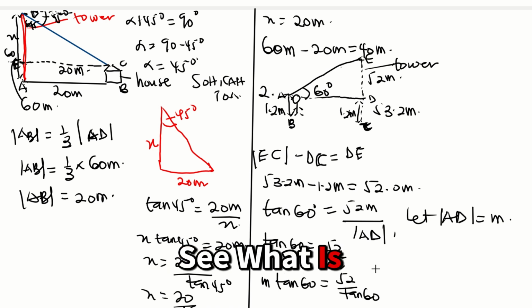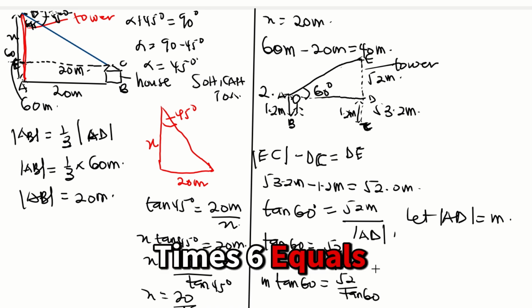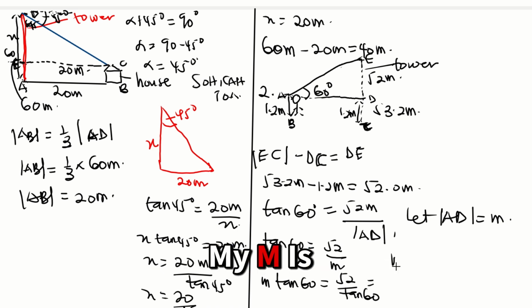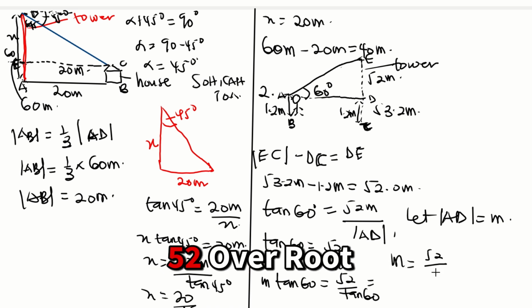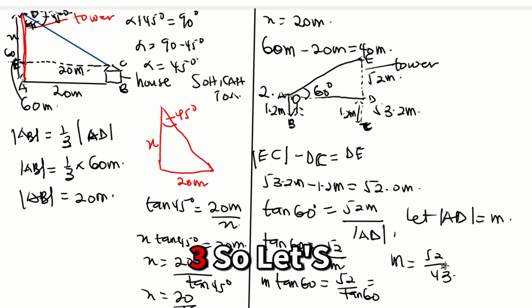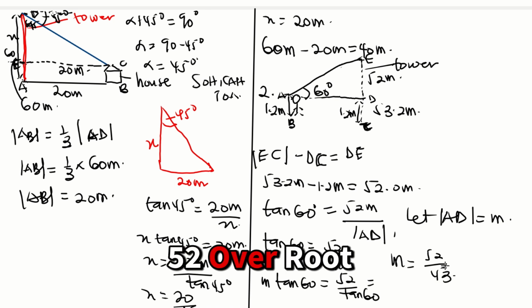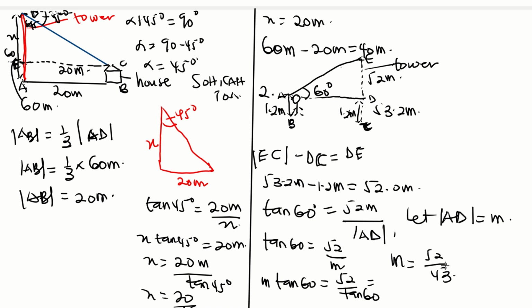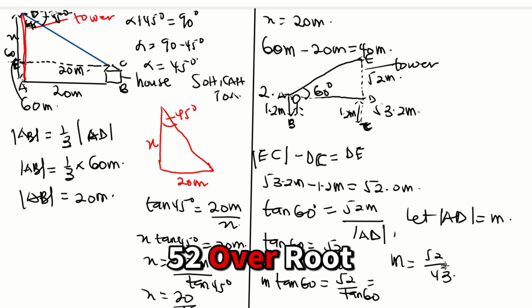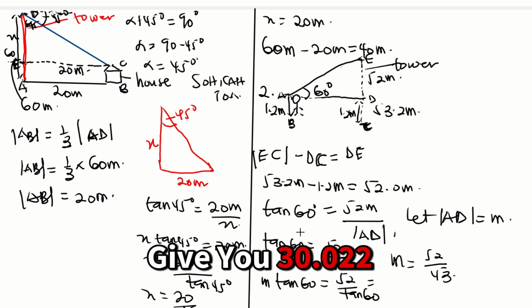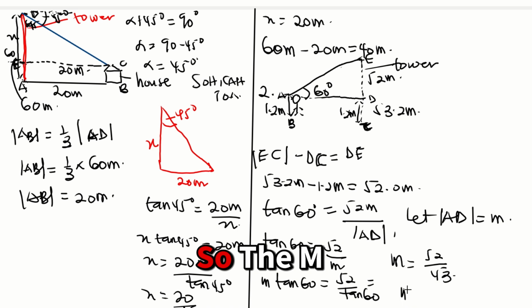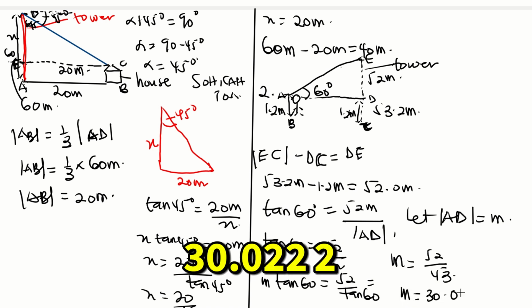Okay, but let's see what is tan 60. Tan 60 equals root 3. So my m is equal to 52 over root 3. So let's see what is 52 over root 3. That should give you 30.022, so the m is equal to 30.022